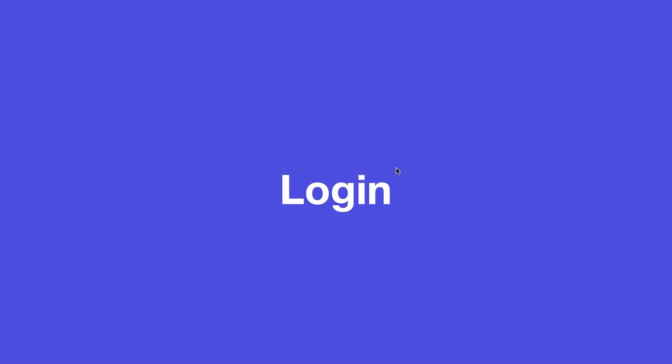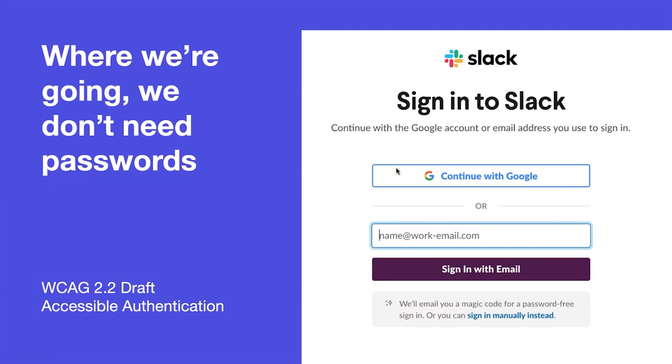And then my last point is just going to be quickly on login, which is just worth knowing about. It's often one of the biggest barriers to accessibility that people have. And you may not know this, but the next version of WCAG 2.2, which is still in draft, is proposing that you basically get rid of passwords, or at least you provide a passwordless option. If you haven't seen this before, the idea, like you can see here on the right-hand side with sign into Slack, is that instead of logging in as normal, you could type in something like an email address, and then they will email you a link, which when you click on it, will log you in.